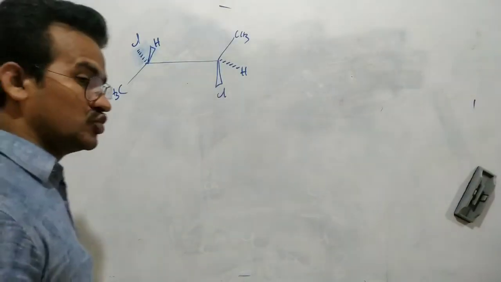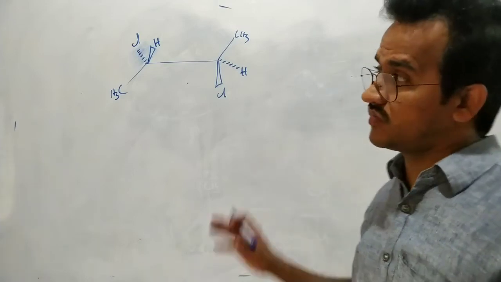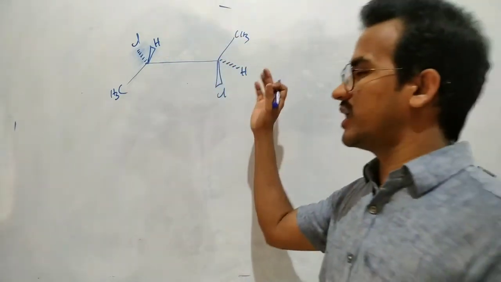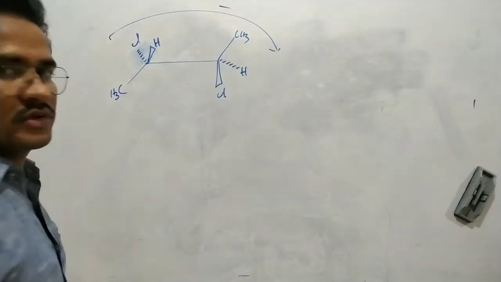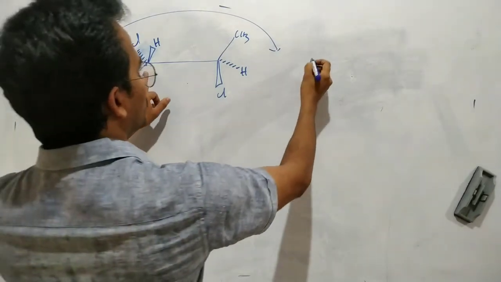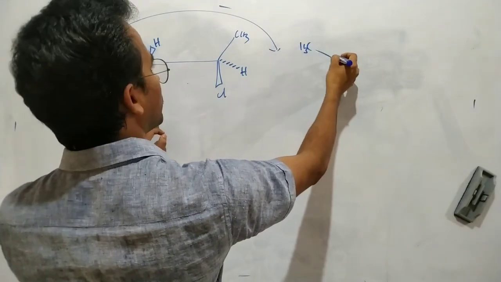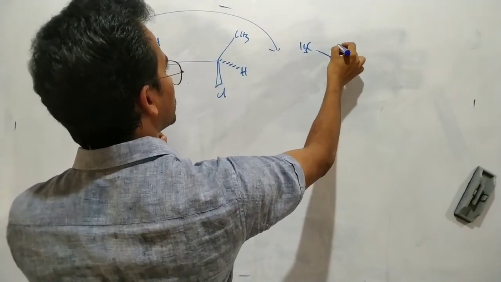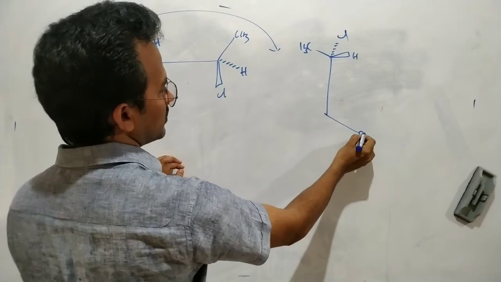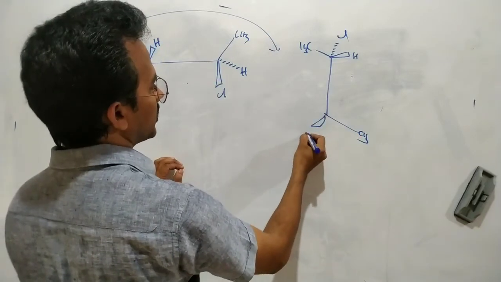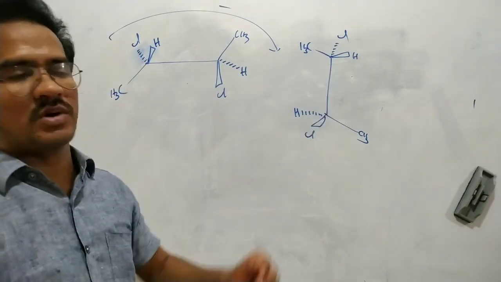Yeah, now this molecule has 2 chiral carbons. Here, the way it is given is different. So we have to flip the molecule either to the right side or to the left side. I am rotating this molecule to the right side. So here we can see it like this. Here CH3, this hydrogen above the plane, this chlorine below the plane. Next, CH3, here above the plane chlorine, hydrogen below the plane. That's it.